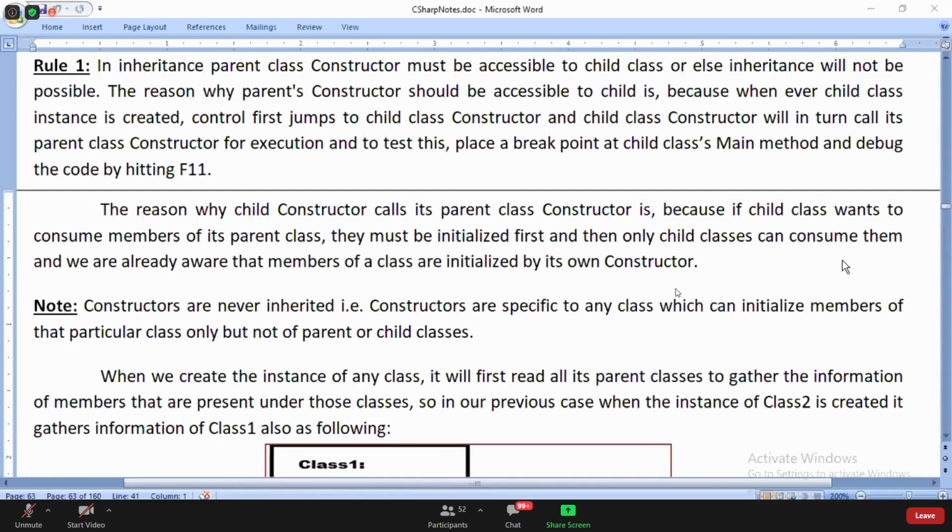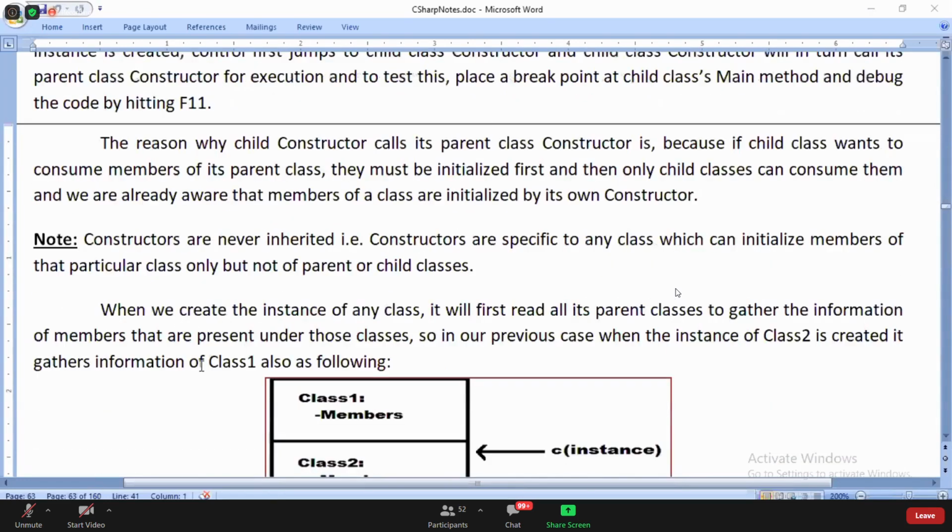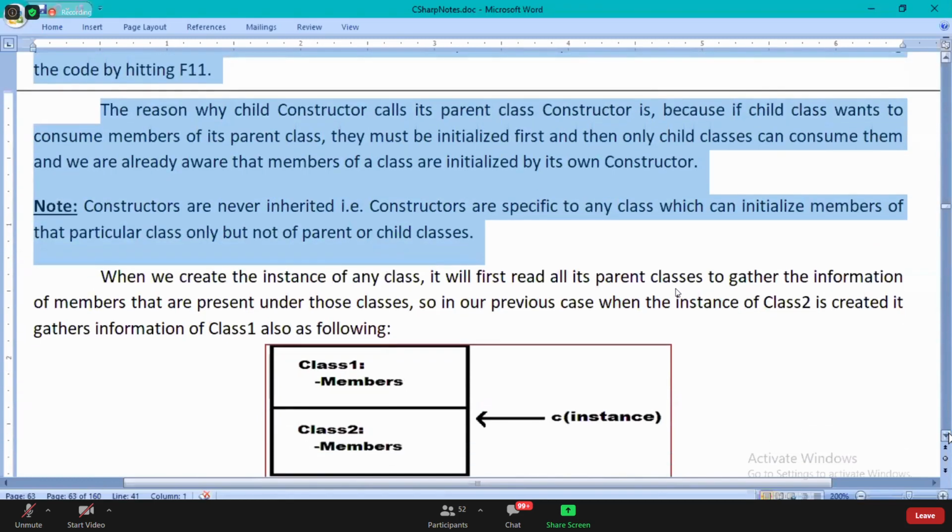Understood all of you? Class 1 to class 10, it is going to read all the members. Read this last paragraph and watch the picture.